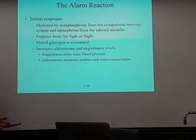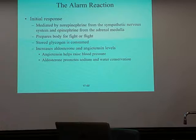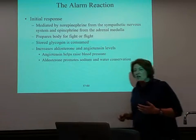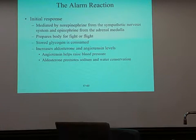The first stage that's classified as a reaction to stress is called the alarm reaction. The alarm reaction and the 3 stages all together. We react to stress in a fashion that's the same all the time. Whether it's good stress or bad stress, we tend to go through these 3 stages no matter what. Maybe not long, might be very short-lived, but anyway,